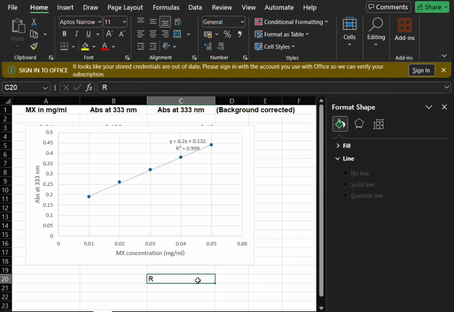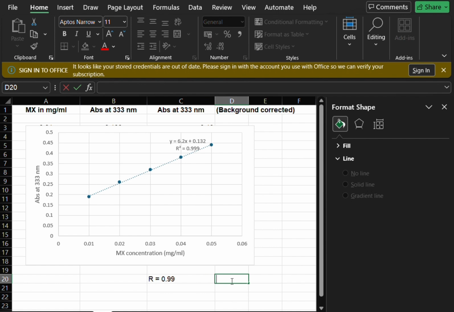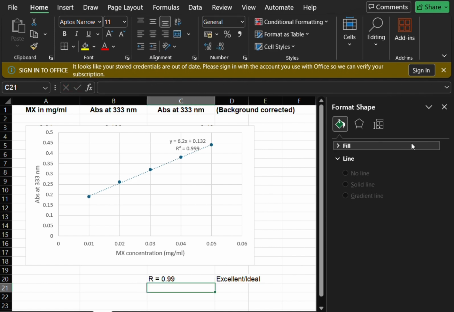If your R value is less than 1 and is closer to 0.99, that means your data is excellent, or you can say it is ideal. It means the standard curve is highly accurate and suitable for precise quantification. Secondly, if your R value